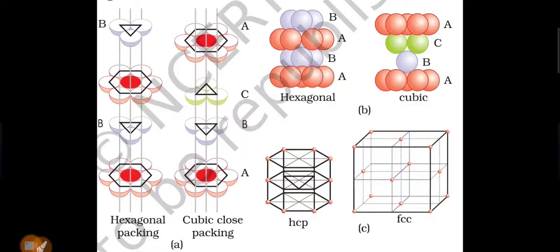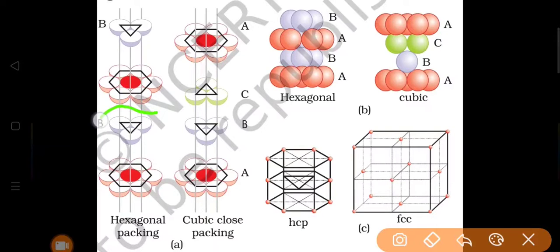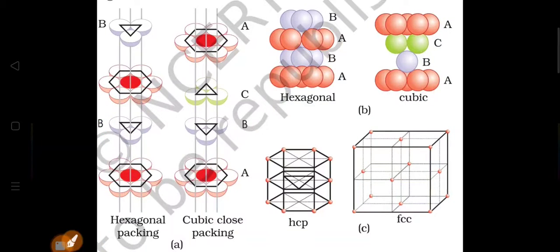As we discussed earlier, we need four spheres to create a tetrahedral void. Here, these three spheres from the second layer create a triangle, and the bottom sphere is placed inside the depression of these three. That's how you get a tetrahedral void.